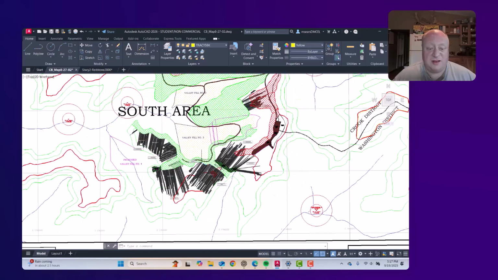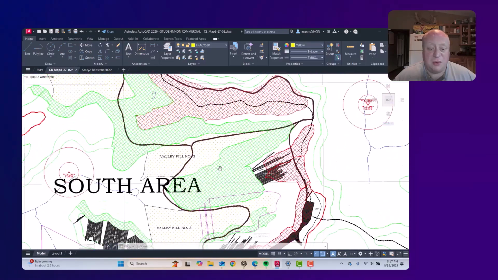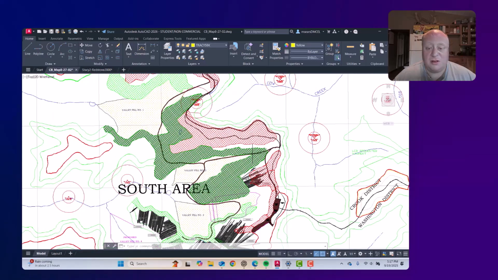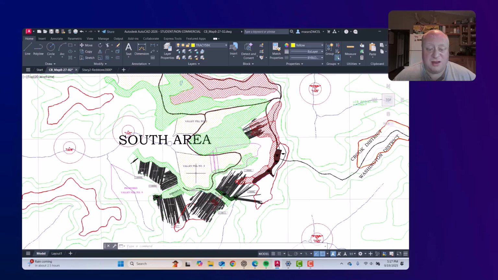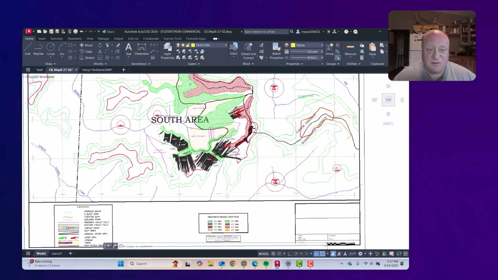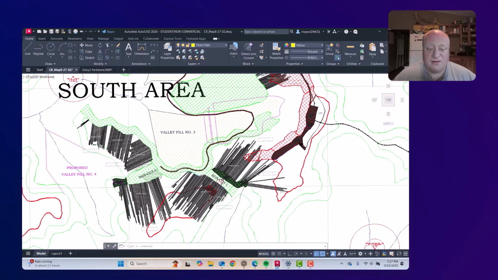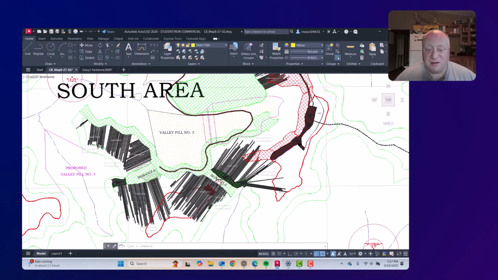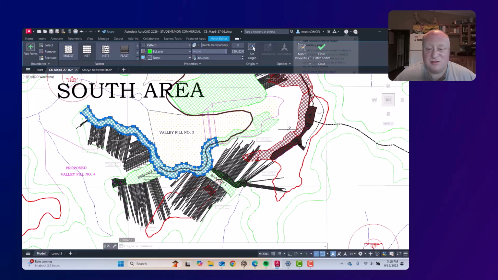There's also the southern area down here. You'll see a lot more disturbed area from the contour strip. There's valley fills here, so there was more fill material that needed to be placed in this area. You also have the box cuts that I mentioned, right? So this area was stripped. So was this. They could have high wall mined in through here. They chose not to. They chose to cut a box cut in, and then high wall mine off both sides. Same on this side, except they only high wall mined off one side, and then came around the contour